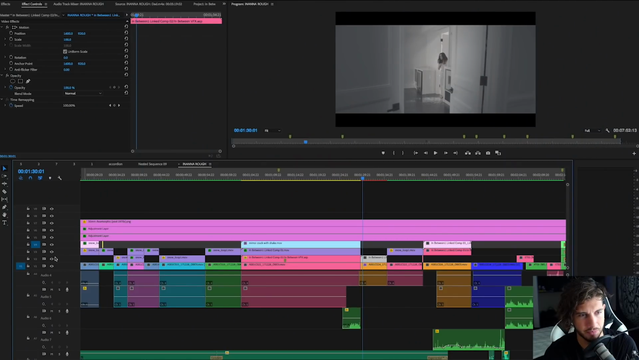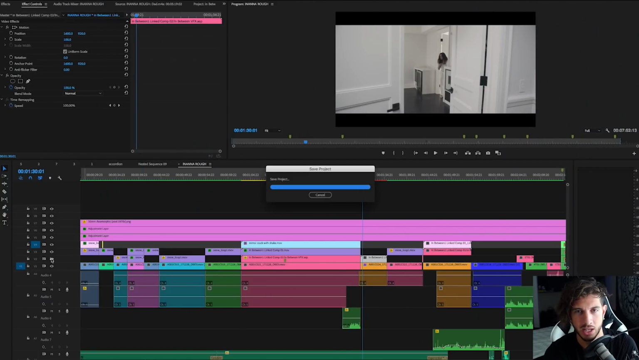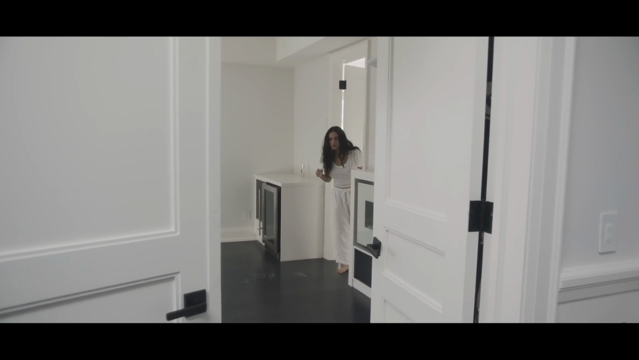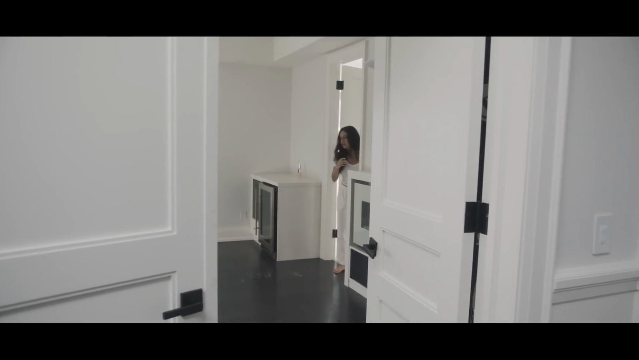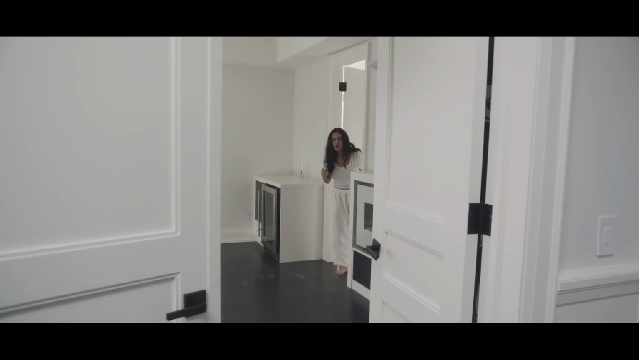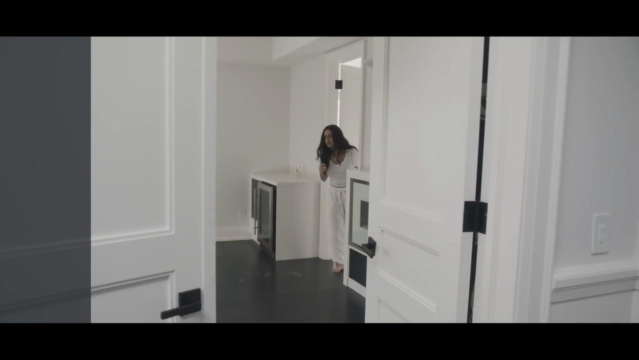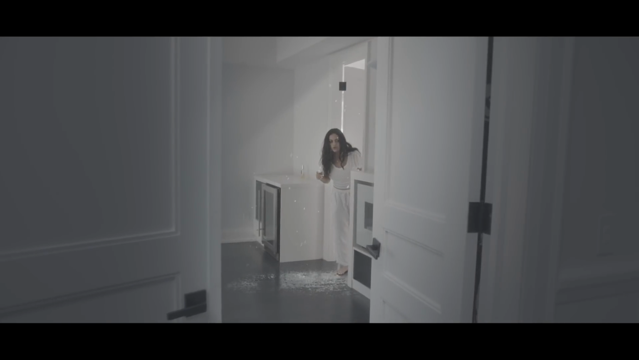So let me toggle this off. This is the original clip. Quite a difference. Everything is evenly lit. You're losing that atmosphere. There's no tension in this shot. I'm seeing everything. So the reason why I applied these lights and this shaft of light and